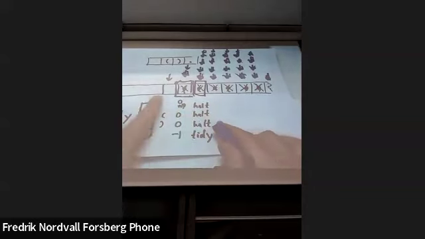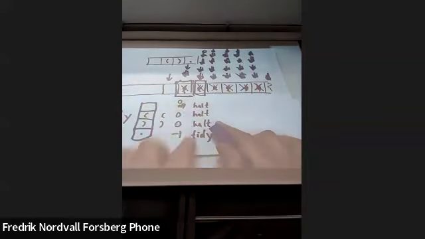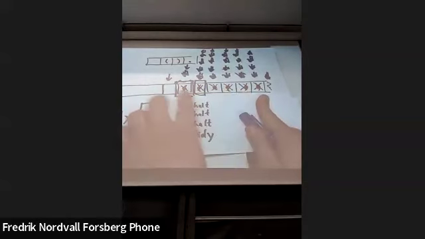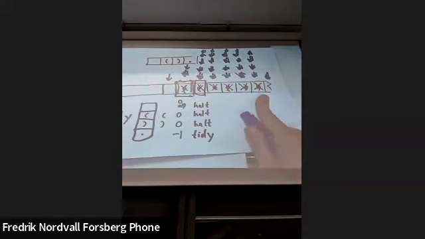So that means that since the head is currently at a blank space, we have accepted the input, right? And we are happy. And indeed, it was matching brackets, right? These were matching, these were matching, these were matching. And they were exactly the ones we kind of crossed out in order, right? So that's how it worked.